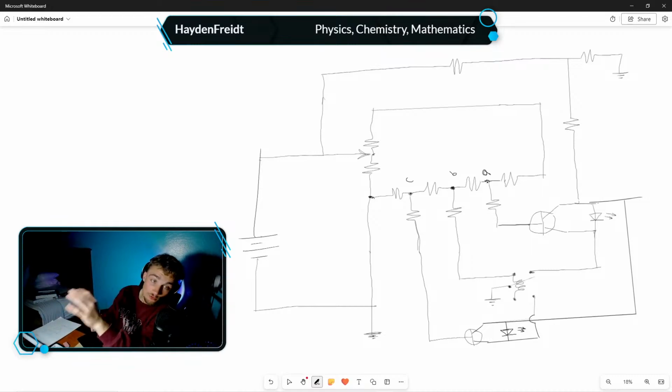Okay, so point A to ground, across all these resistors, is going to have the highest voltage. Point B will have a slightly lower voltage. Point C will have the lowest voltage drop, across this one resistor. So at point A, with the highest voltage of this voltage dividing network, I'm going to have a high voltage, and this resistor being in parallel to all of these resistors will experience the same voltage,